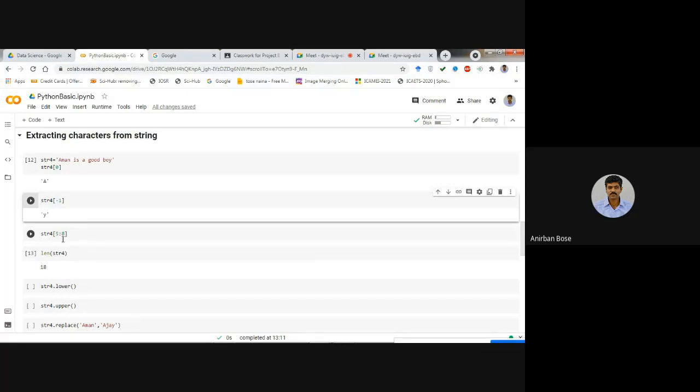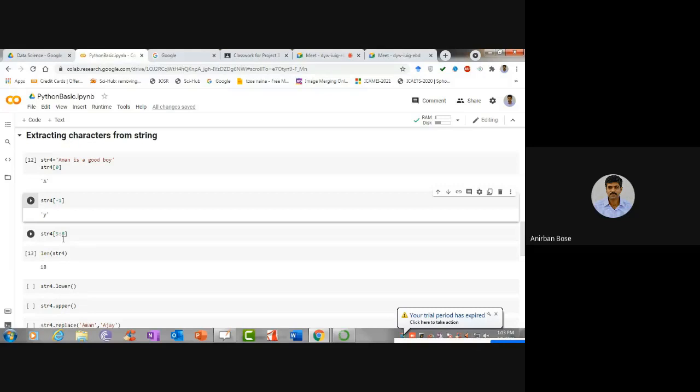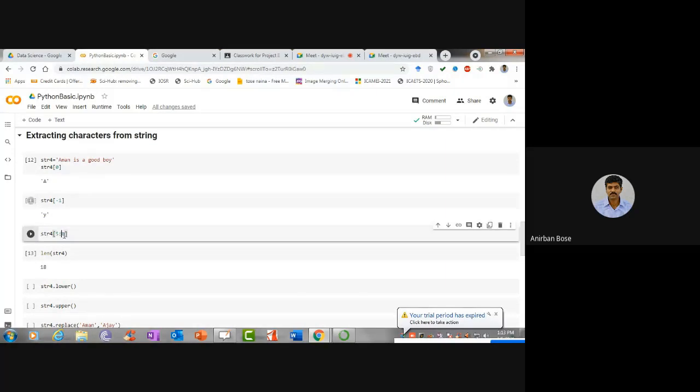That means 5 to 7. Clear? 5, 6, and 7. These 3 indexes will be printed. Clear? Extraction of 5, 6, 7. So the last number means it is less than that, not less than or equal to. Clear?